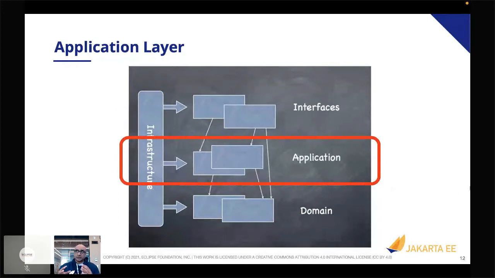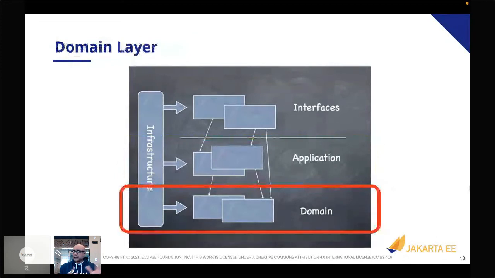So this is an abstraction over a high-level use case in your application, and you'll have a smaller number of these application services, if you will. The next level down is, of course, the domain, and that's all those things that we talked about before: entities, value objects, factories, repository. These all belong in the domain layer, and this is going to be the heart of